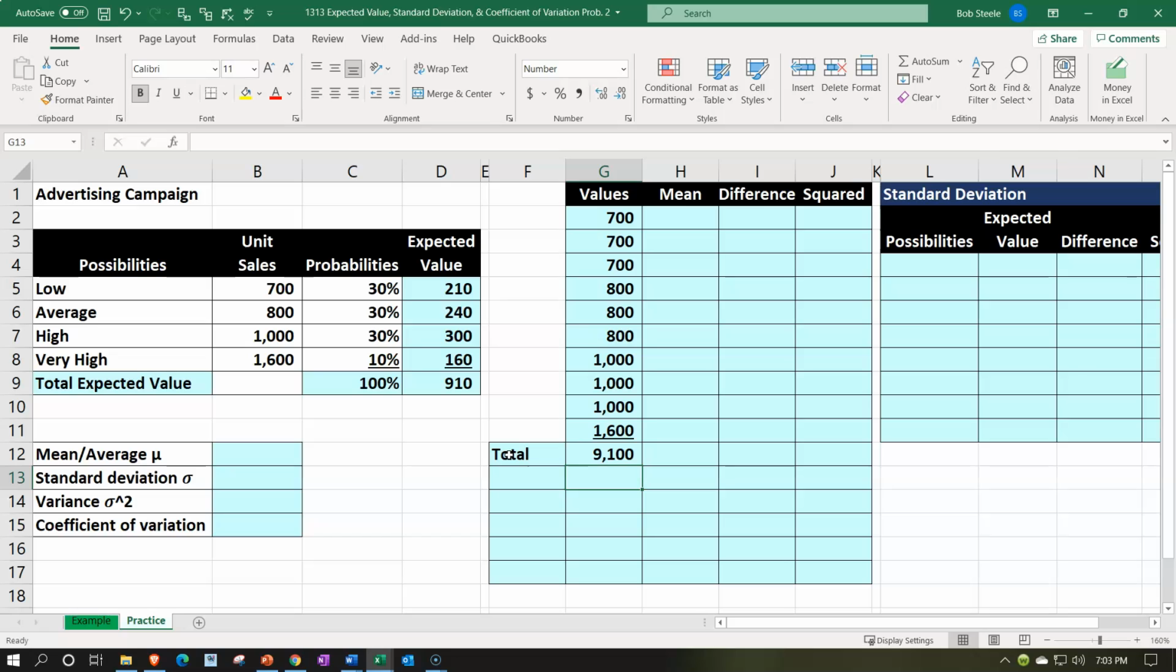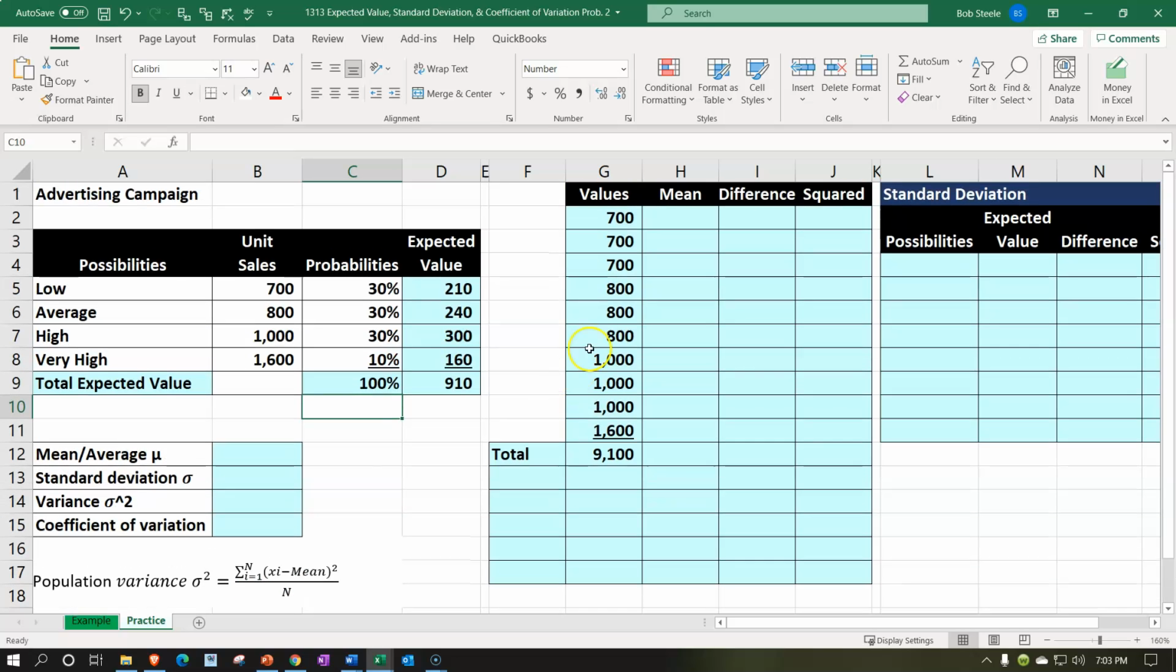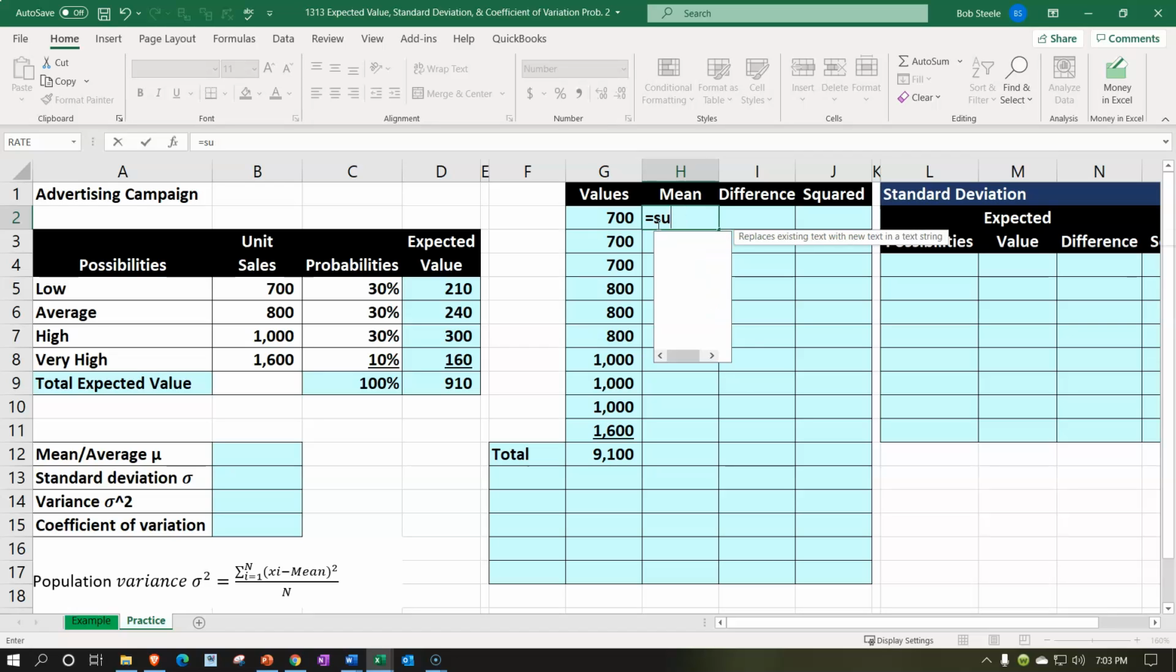And then the next thing, and notice we're basically doing this formula here, the population variance. So we're taking each unit we'll have here minus the mean, squared, divided by the population size or the number of items. So we'll take the mean or the average now. I'm going to put the mean all the way down. This is going to be equal to, I'm going to calculate it with the average function, mean or average,